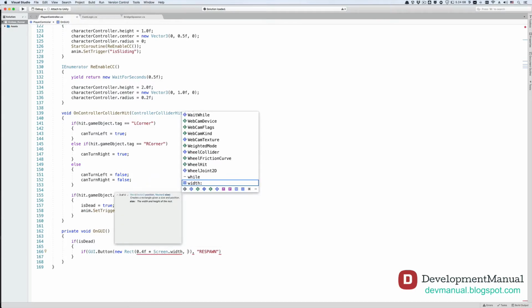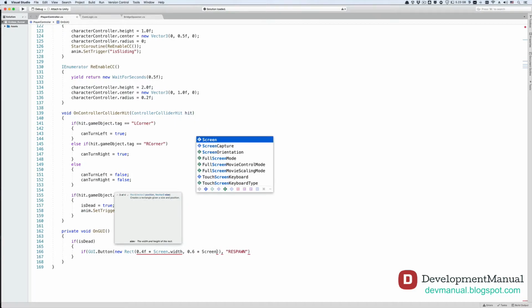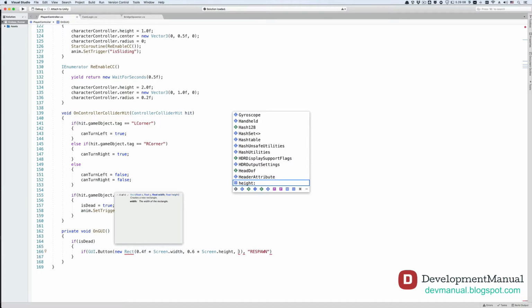Now the second argument is the y position of our button on the screen. We want it to be 60% down the screen's height. So it's gonna be a little bit below the center of the screen. Type 0.6 times screen.height. Now the third argument of this function, separated by a comma of course, is the button's